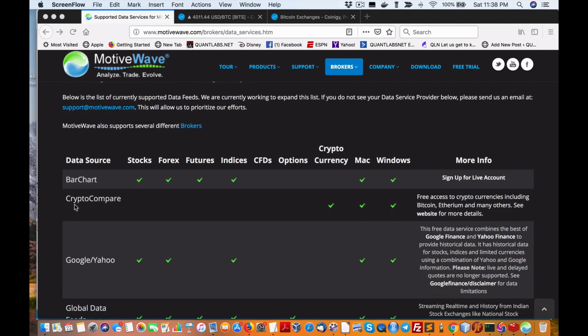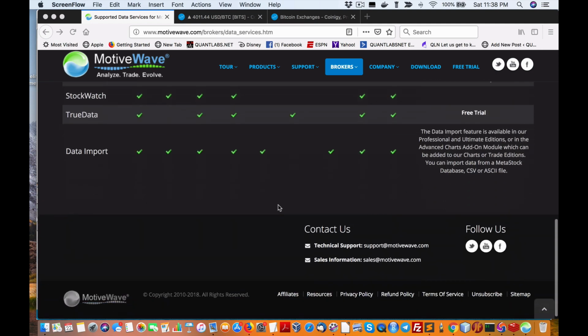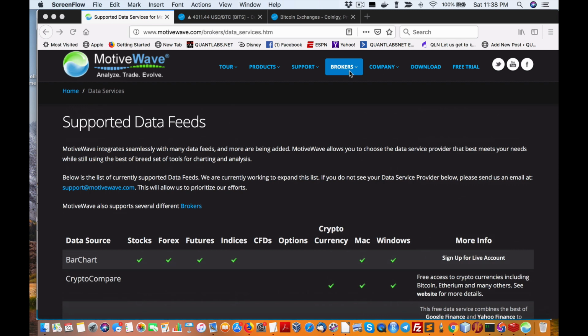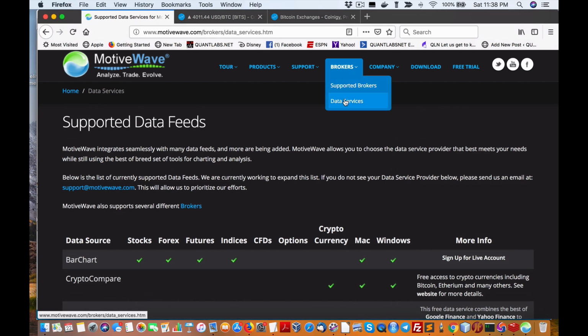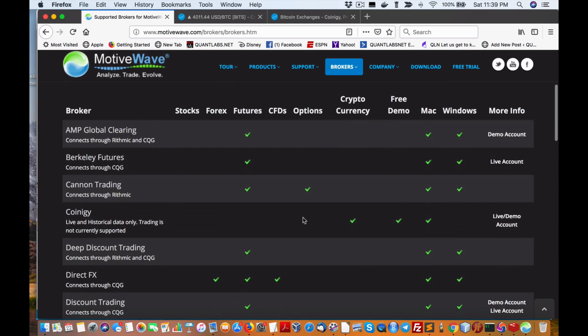So here's the data providers on MotiveWave on their site. We have access to CryptoCompare as well as the brokers, if I'm not mistaken here. So these are the data feeds. So I'm going to show you CryptoCompare. Then there's the brokers as well. So here you also have access to Coinogy, but